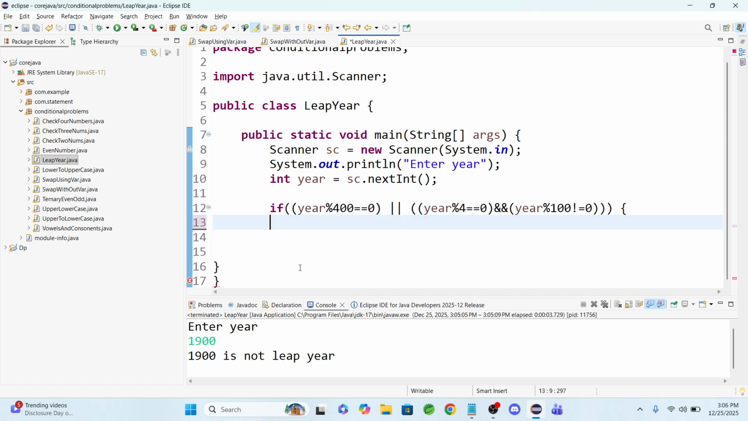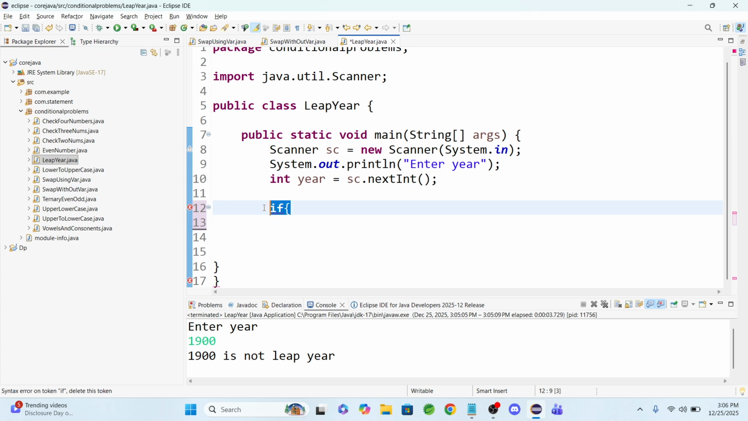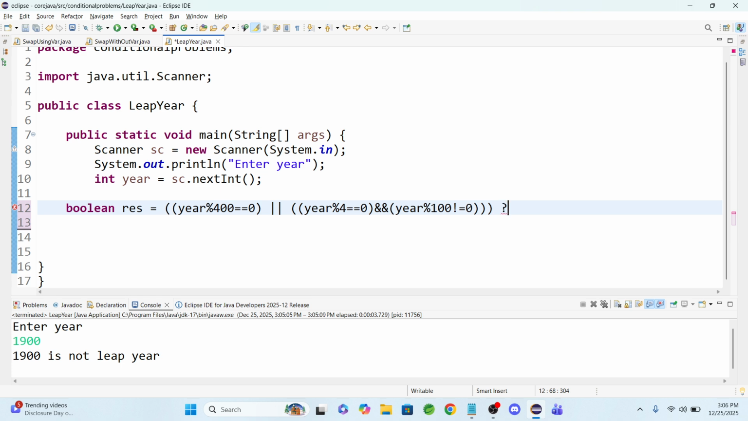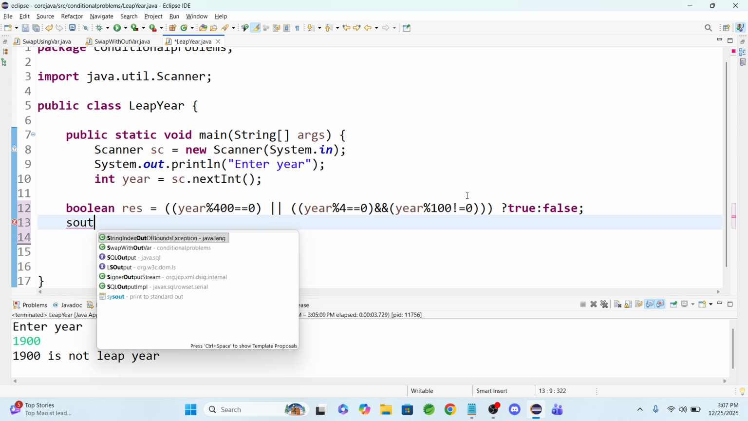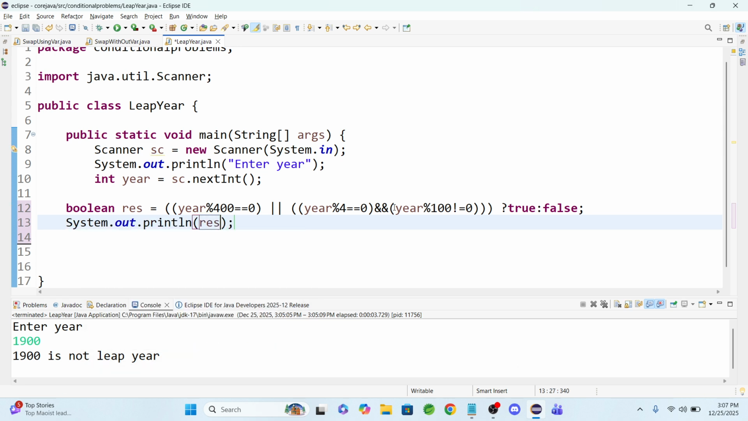Okay, let's try it. Let's take the boolean. Boolean result is equal to, this is the condition I was writing, question mark, like leap year. Let's see what will happen. I think as we are using boolean, we should not write a string, right? We have to use true or false as the result. Okay, if I run the code,